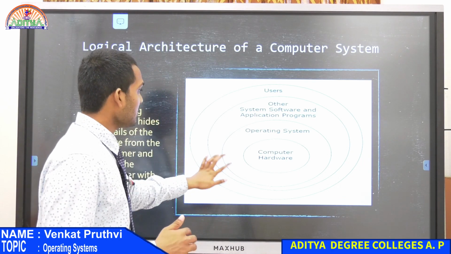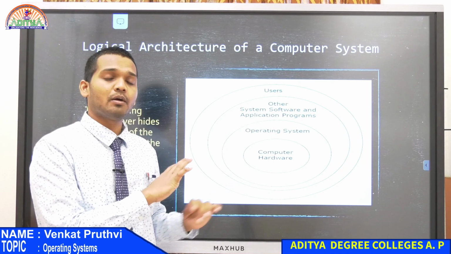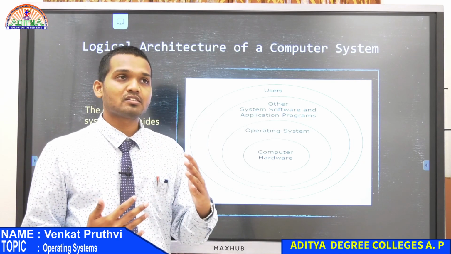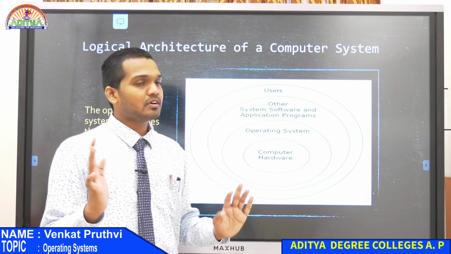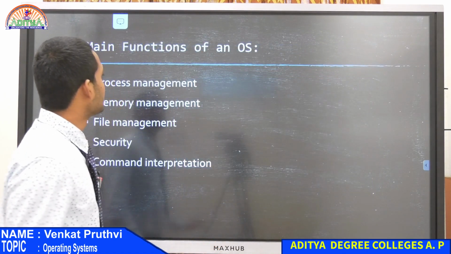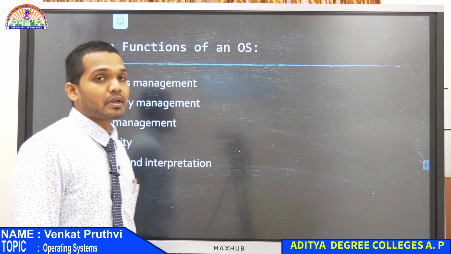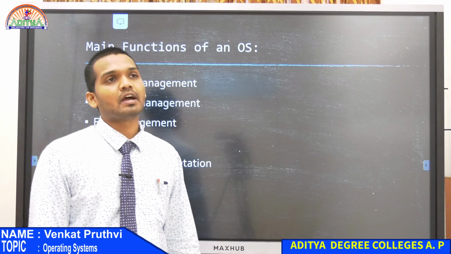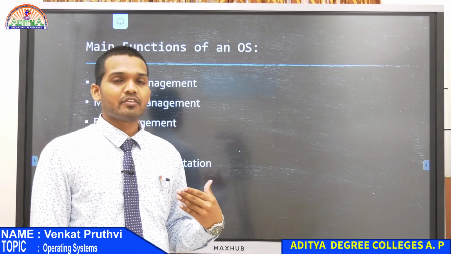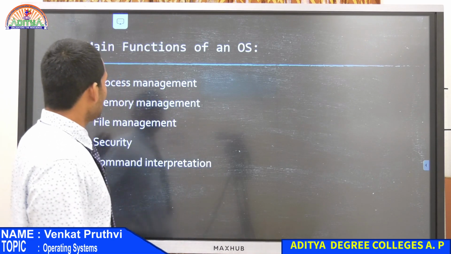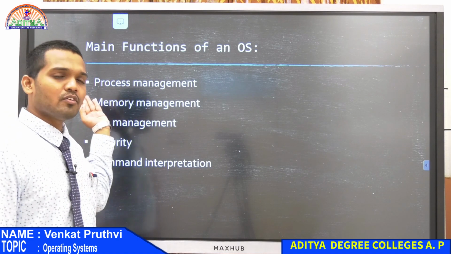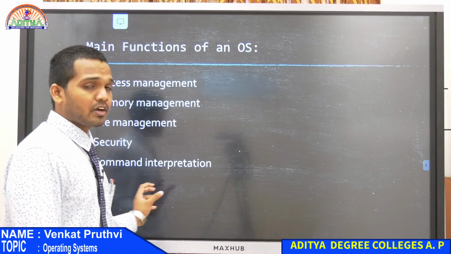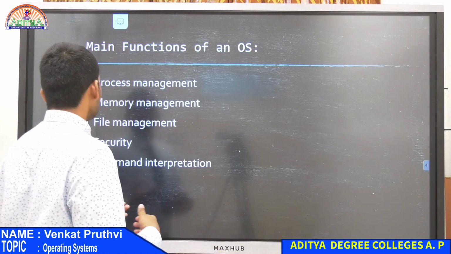Okay. So we all understood now the logical architecture of a computer system. Now you will be able to tell anyone what is an operating system, where does it lie, what does it do. All this we have a little idea. Okay. Next, what are the main functions of the operating system? That is what we were just seeing in the previous slide, where we had the points that we will be learning in this chapter. The same thing comes over here. Anyway, over there I gave a little introduction to you. We will be seeing each and every one of them one after the other.